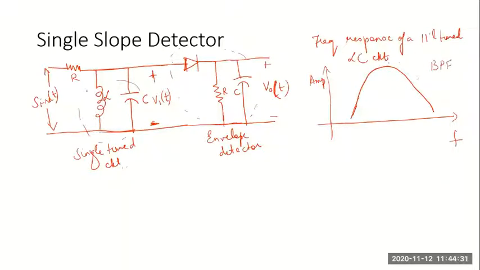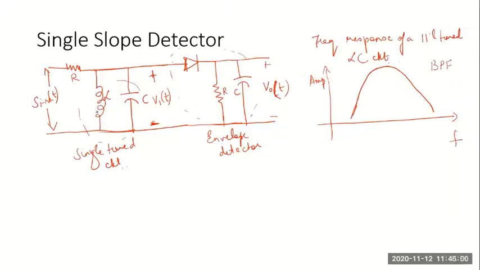Remember, we had used the same parallel tuned LC circuit as a band pass filter when we considered generation of AM. In the square law method, in the ring modulator, everywhere, the band pass filter would usually have a parallel tuned LC circuit. So you should be familiar with that. Please try to correlate one to the other. What you study in one chapter shouldn't be left there itself.